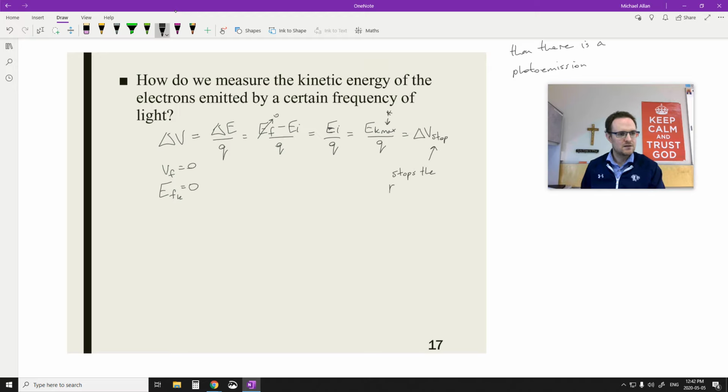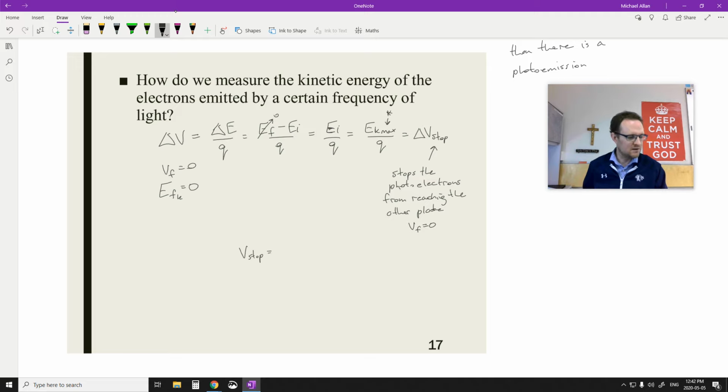Stops the photoelectrons from reaching the other plate. Okay, so VF is equal to 0. But it has to be the whole distance too. So if I just rearrange this ever so slightly, I can say that V stop, you put the delta there if you want,